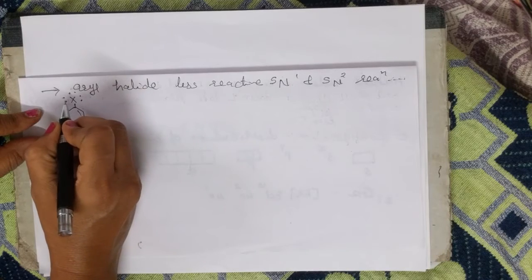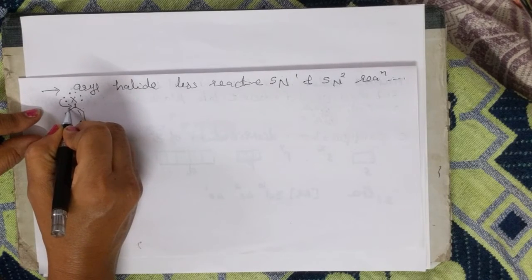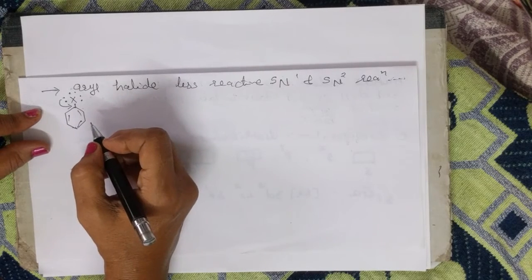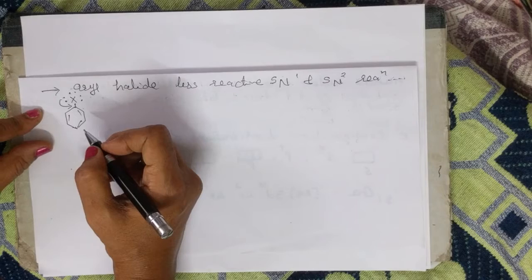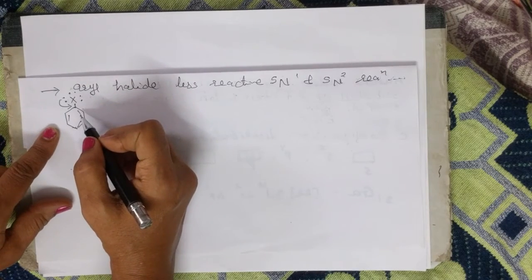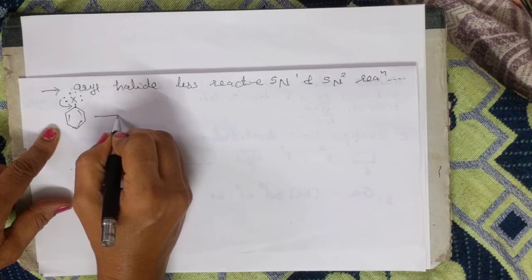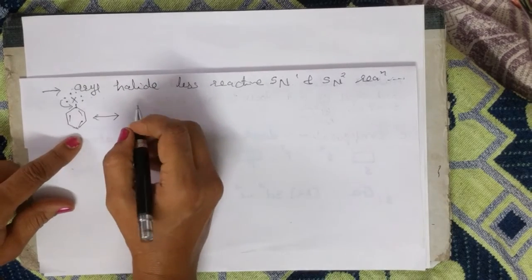Due to their activeness, they come to the bond. The first effect is due to resonance: this CX bond acquires partial double bond characteristics, and due to cleavage of that CX bond,